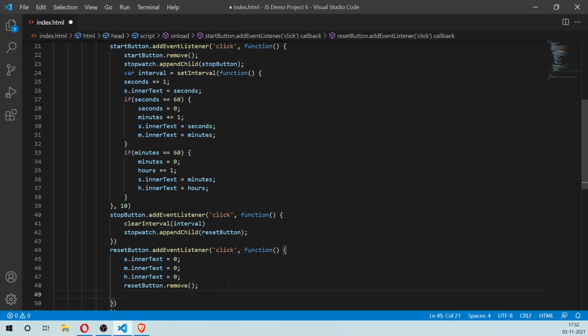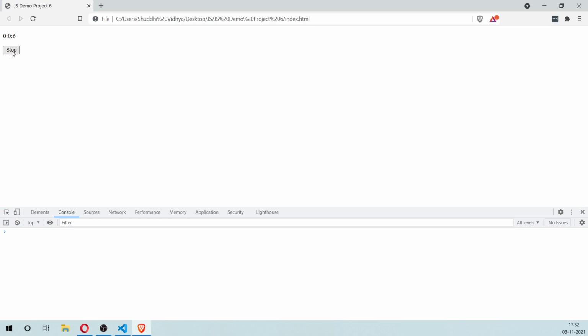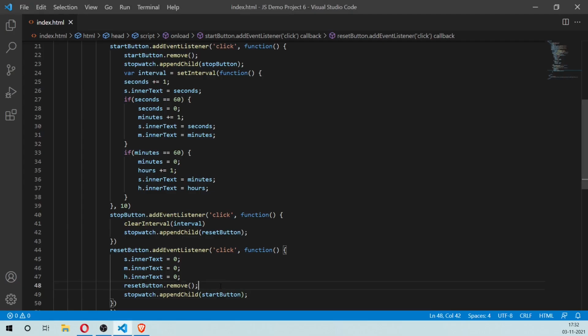And it should show the start button. So stopwatch dot append child start, stop, reset, and now we should also remove the stop when reset is pressed.